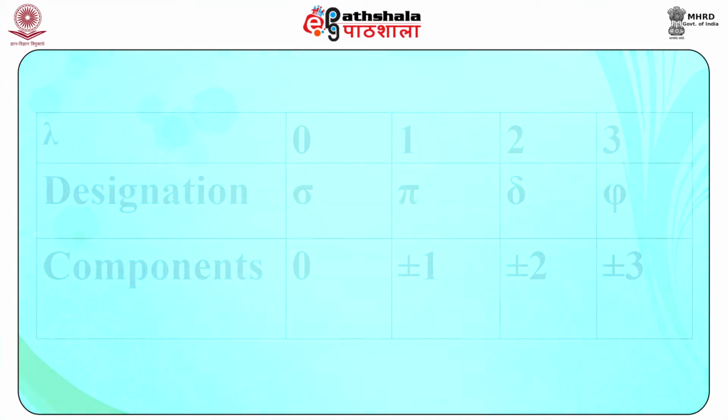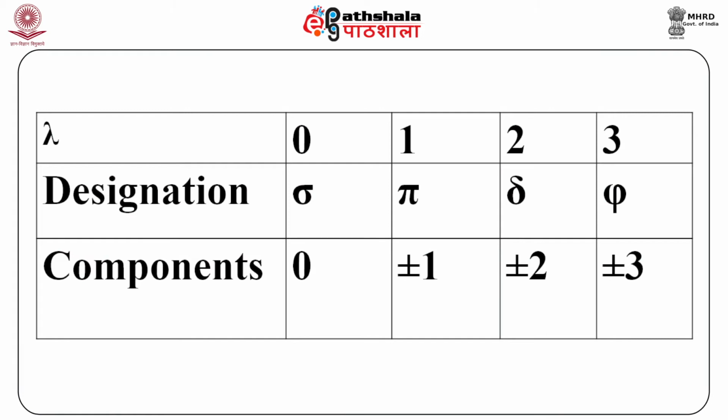Besides the sigma g and sigma u orbitals, you note that there will be pi g and pi u orbitals also. The orbitals are labeled according to the angular momentum, denoted by the lambda quantum number. This is analogous to the L quantum number that you came across in atomic states, but in that case you had 2L plus 1 possible values of the components, the ML values. Here there are only 2 components for each value of lambda, except for lambda equal to 0, which has only one component, as we have shown here. If lambda is equal to 0, we call it a sigma, a capital sigma. There is only one component and that is 0.